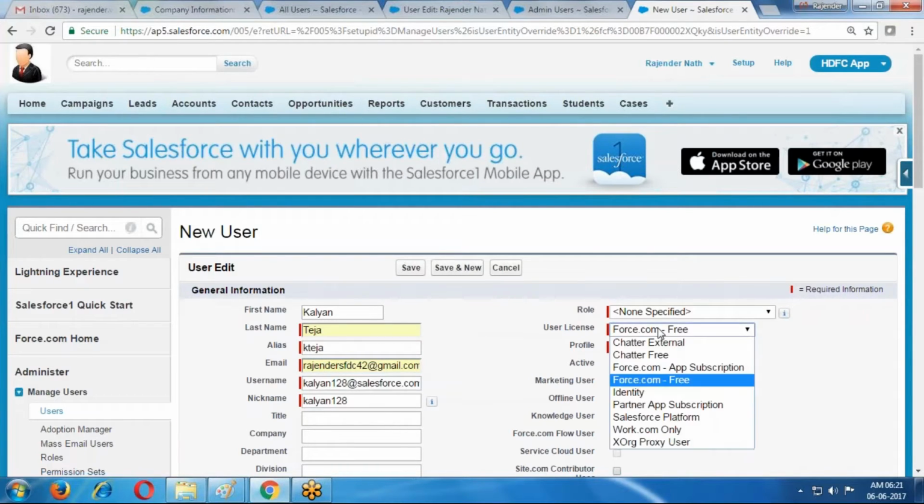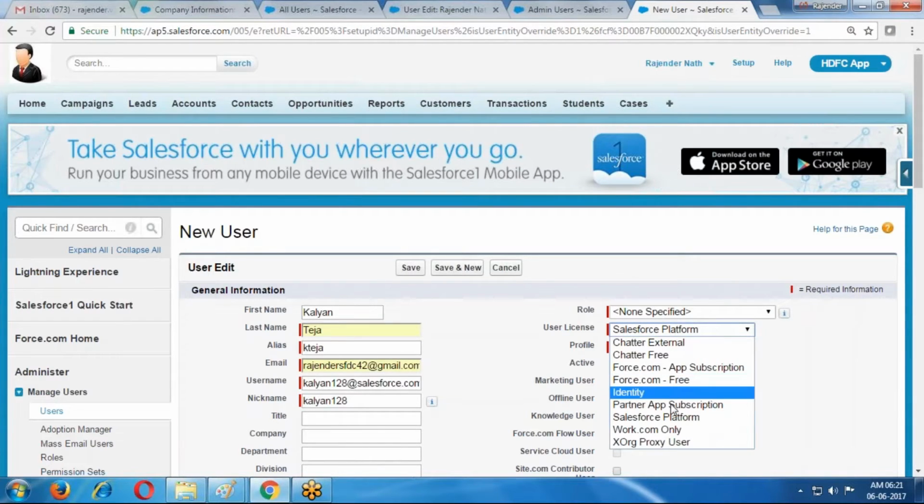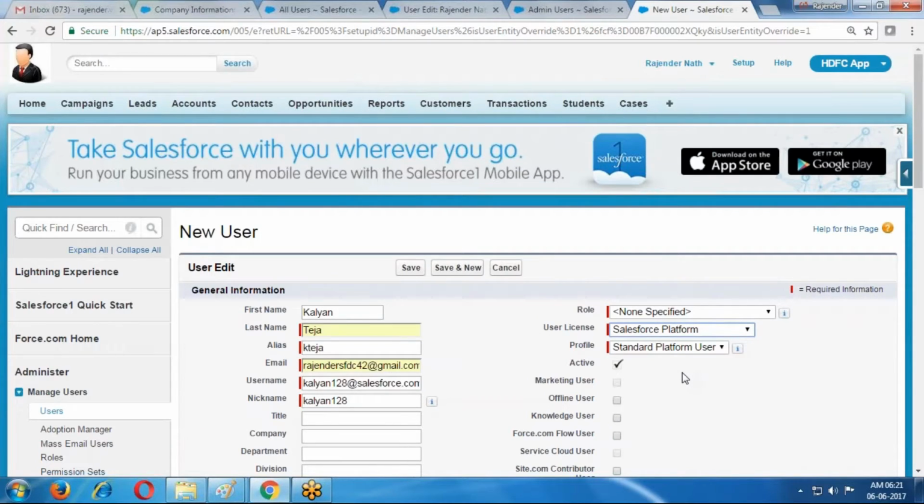So you can take different profiles. If I take different user licenses, then only the corresponding profiles are available. If I select the Salesforce platform related, Salesforce licenses only 2 are already in use, so that's the reason it is not showing the Salesforce license. So based on the profile, some of the features are available. Based on the features, he can access Salesforce.